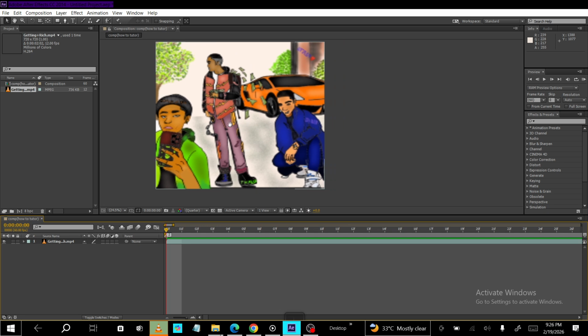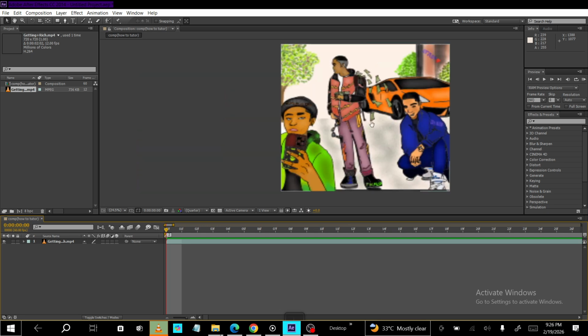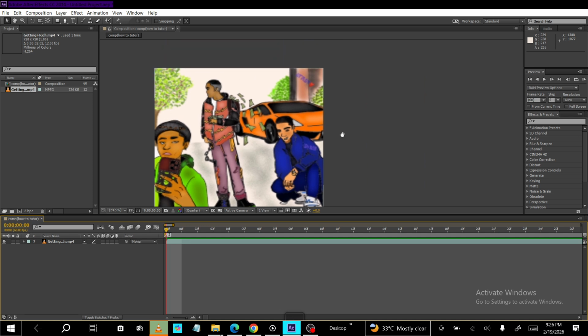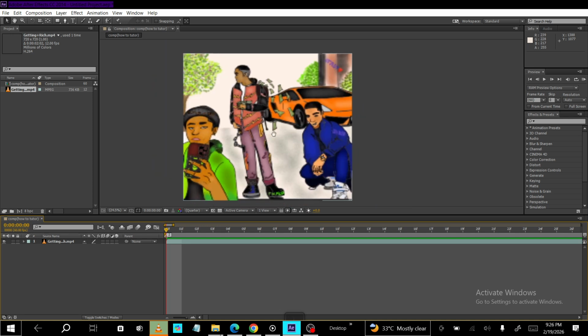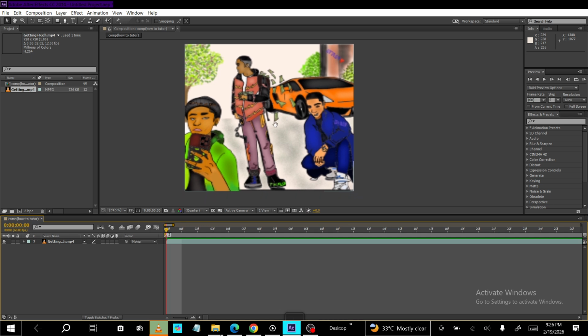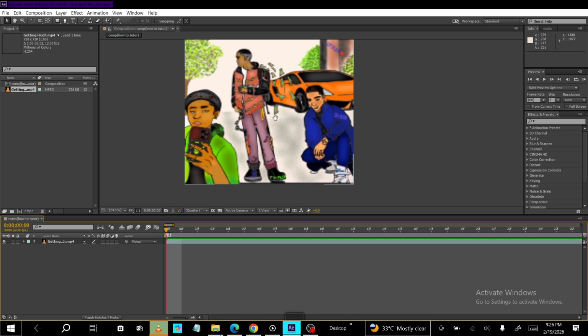So to recap the workflow, use Alt or Option with your mouse scroll wheel for fast, intuitive zooming. Use the zoom drop-down at the bottom of the composition panel when you want precise control over your zoom percentage, and use the hand tool with the H shortcut to pan around your composition after you've zoomed in. Combining these three techniques will make navigating your After Effects workspace smoother,